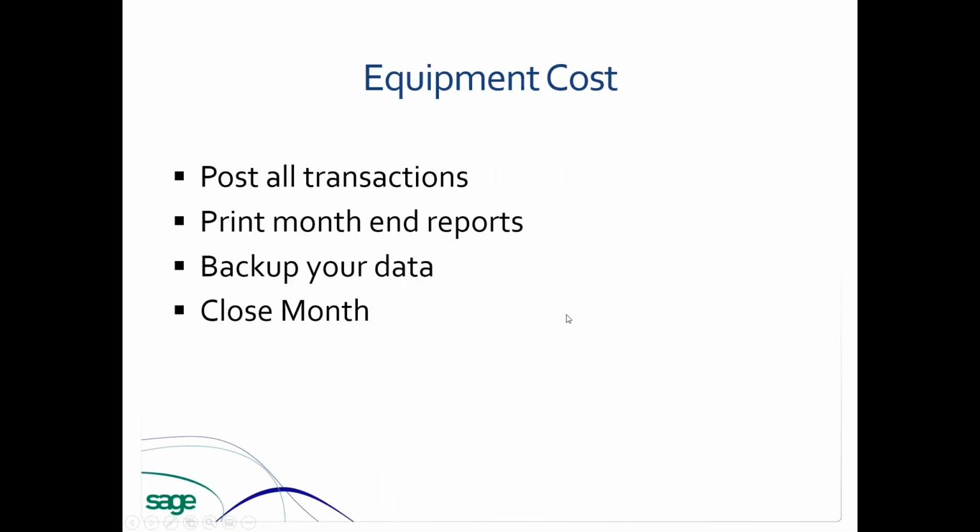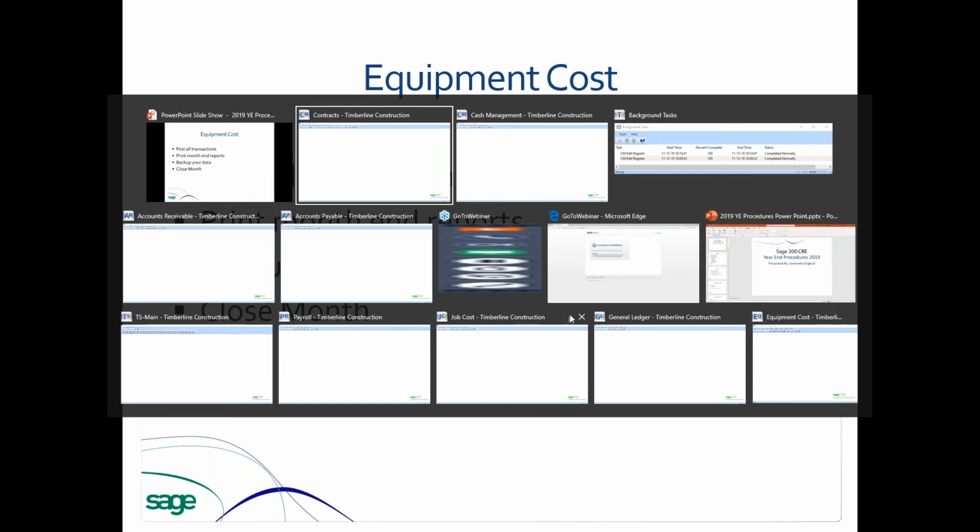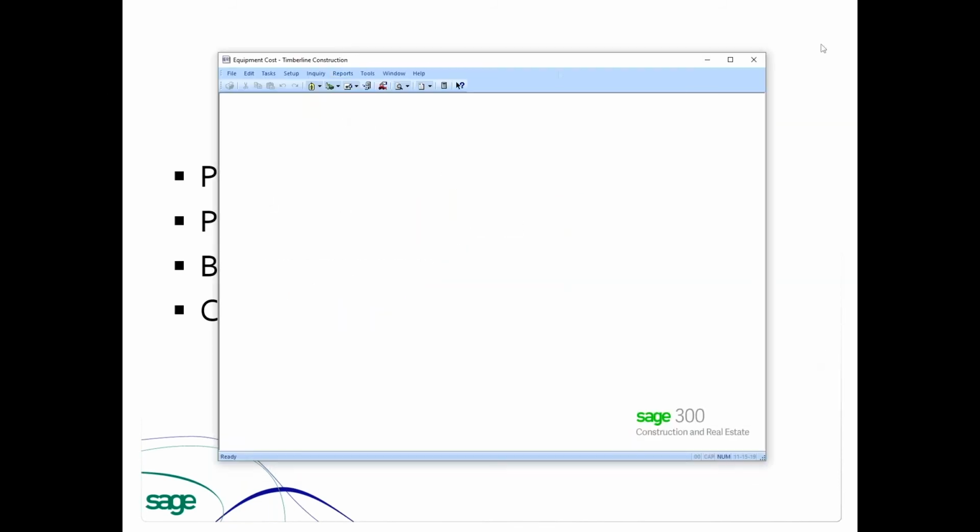Okay. Equipment. Again, same set of processes that you do for contracts and job costs. Make sure everything is posted, print your month-end reports, make a backup of your data, close the month. So again, if we take a look, now equipment is a little bit different